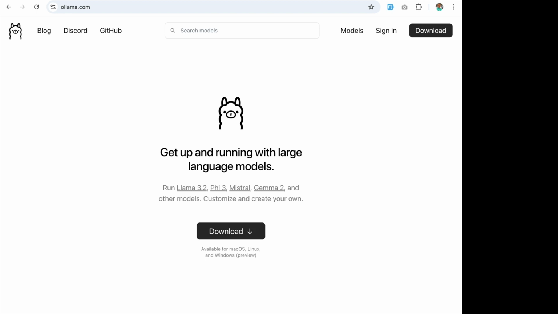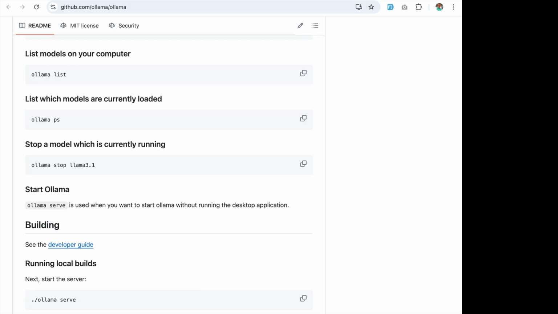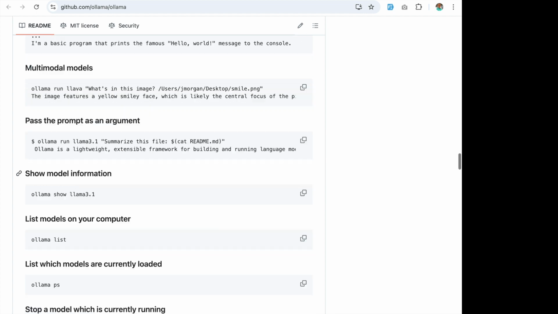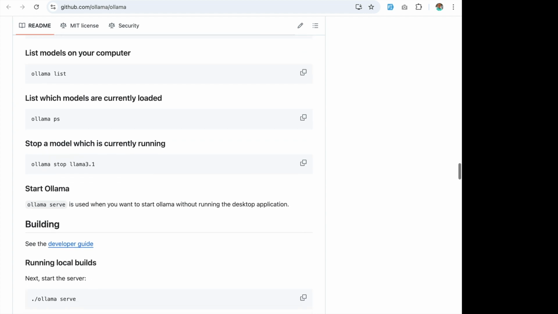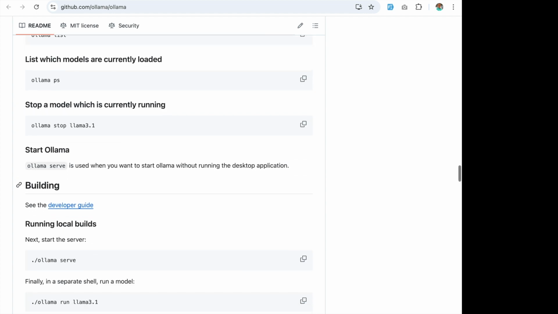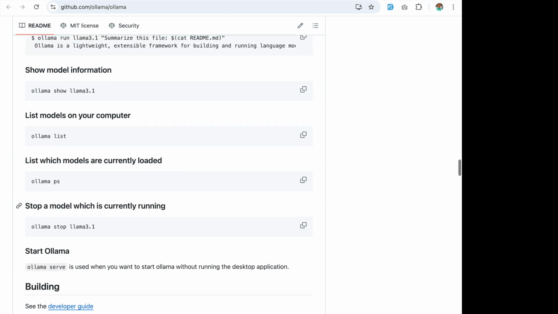All right, let's go get Ollama. So we'll go to Ollama.com, click download, do a quick install locally, and for documentation, if you go to the GitHub repository, a bunch of commands and basic usage over here. First thing you're going to want to do is pull down a model. So Ollama pull the base model that's pretty small. It's called llama3. Click that, it starts pulling it down. It takes a few minutes.